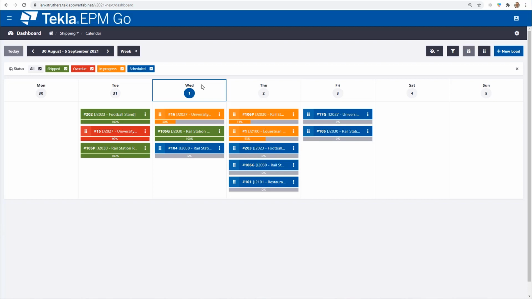Up until now, we've always looked at the color coding by status. But if I was to change my color by to trailer, for argument's sake, we will now see, as a result of me moving that load number 1 on J2100, it's now created a clash in trailers. Tekla PowerFab 2 was already scheduled to be used tomorrow for a different load on a different job, and now it's created a clash. So what that has enabled me to see is that I need to assign another trailer,